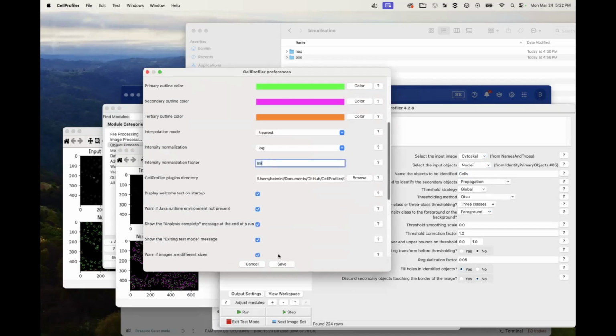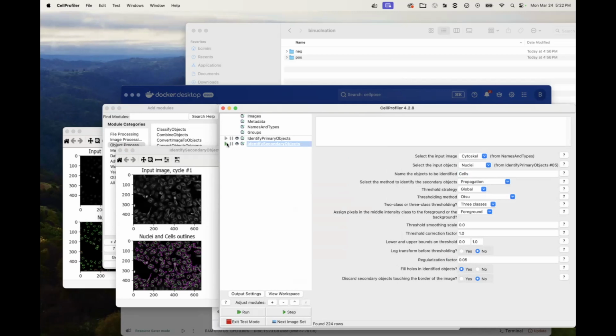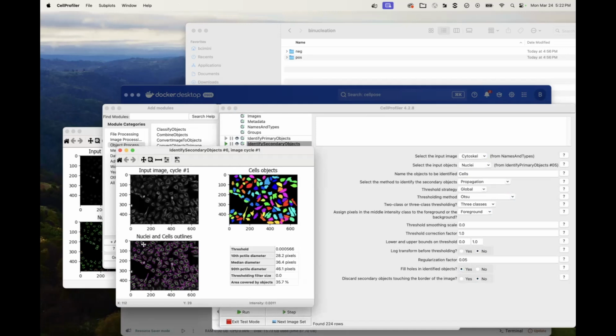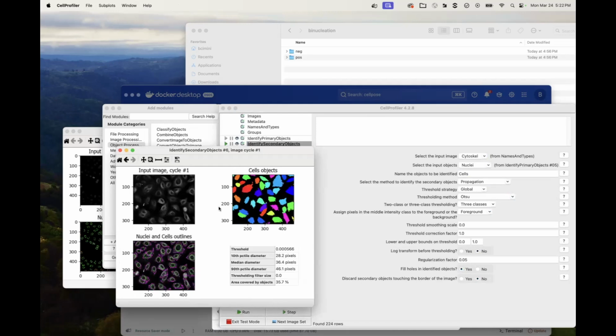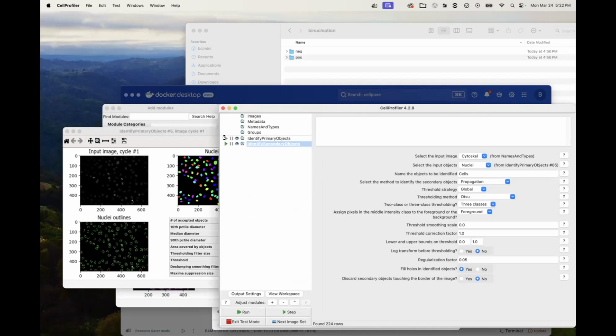And one thing to point out, this isn't doing anything about changing the underlying data. This is just how it's being shown to us as we're looking at these. We can now see the cell boundaries a little bit more easily and in general get a better sense of what's going on. Yes, this is just a display visualization. And yes, now we can see these much more easily too.